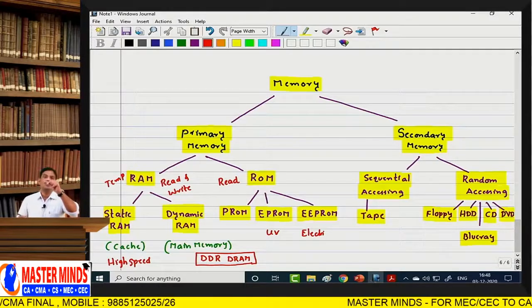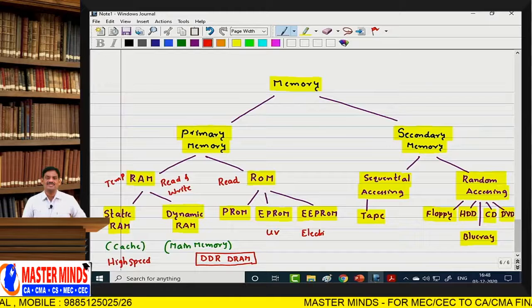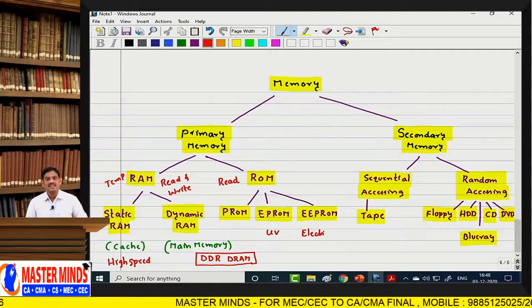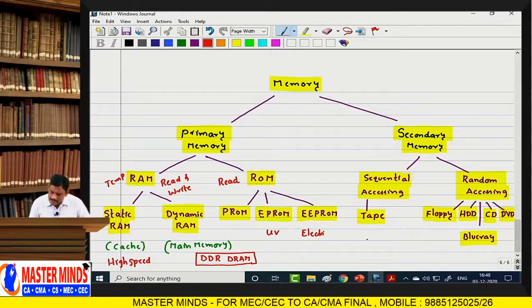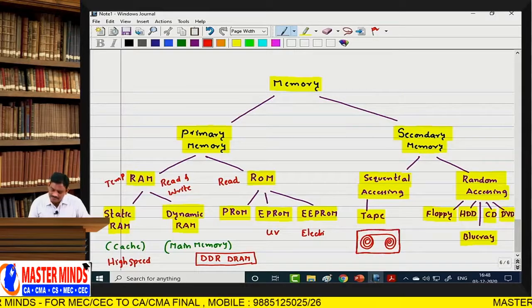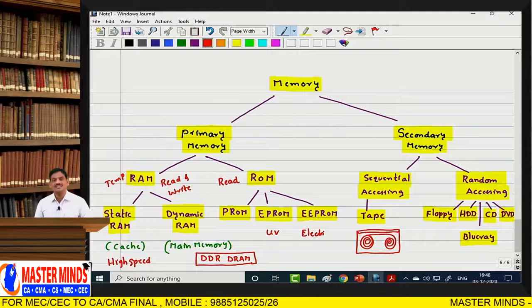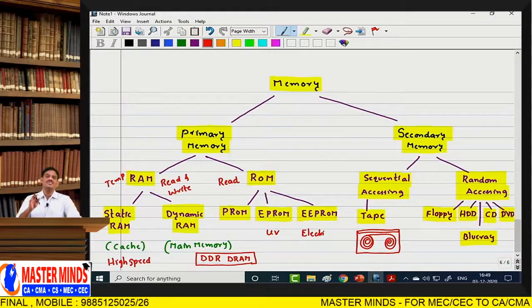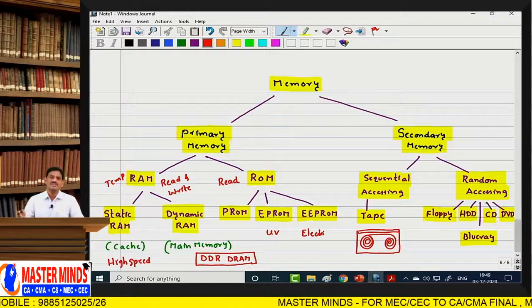So, here there are two categories of secondary memories. Number one, sequential accessing devices. What is sequential access? Here magnetic tape is an example of sequential. Entire data is in the form of one after another, like a tape recorder cassette. You can observe in the case of a tape recorder cassette, if you play song number 1 and want to listen to song number 6, whether you are interested or not is not the consideration. You need to listen to 2, 3, 4, then only we go for 5 and then 6.